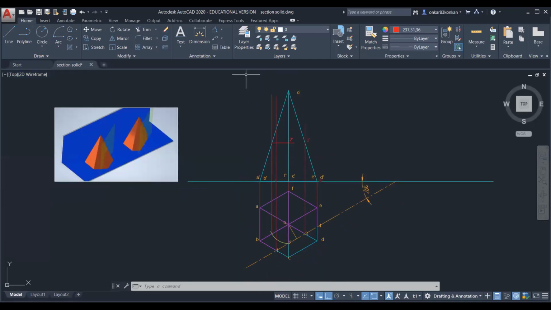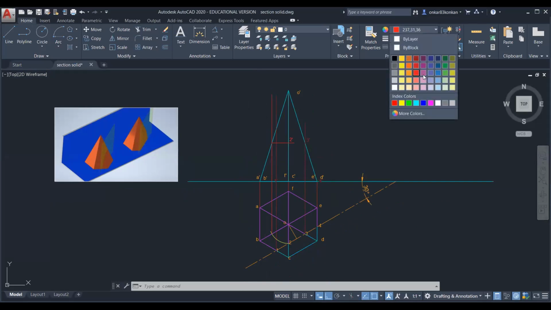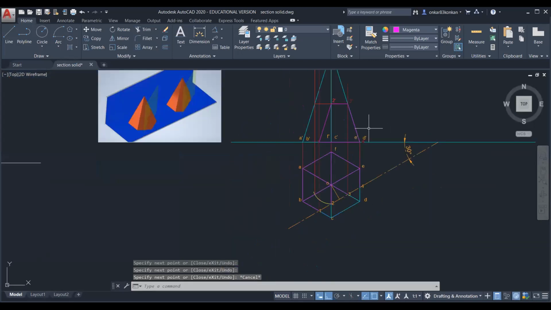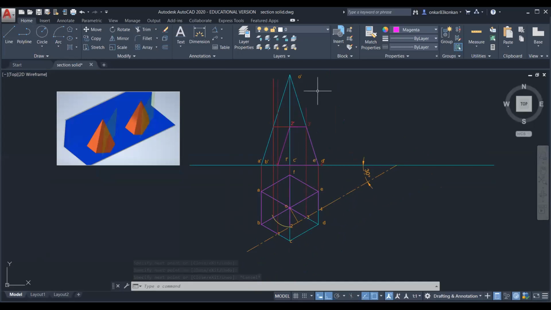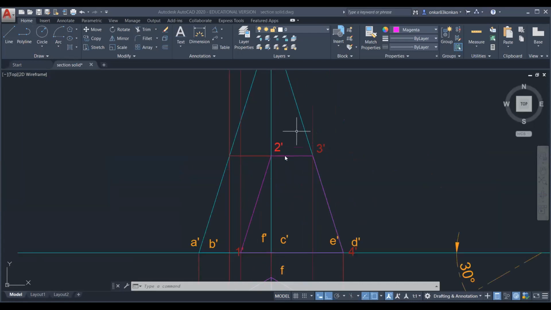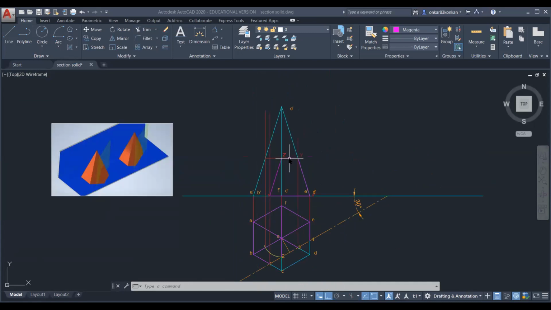Okay. So in the manual drafting, if you draw this with correct dimensions, then you can observe the point 2 dash and 3 dash, they are exactly horizontal.